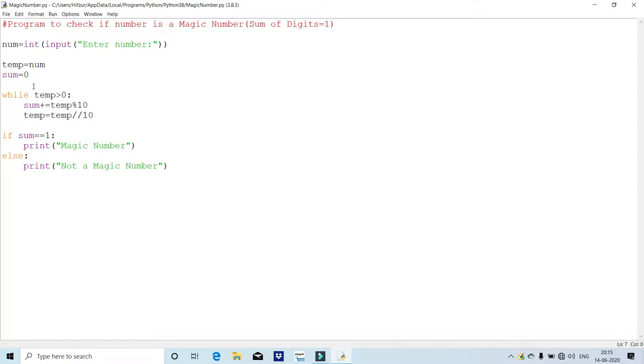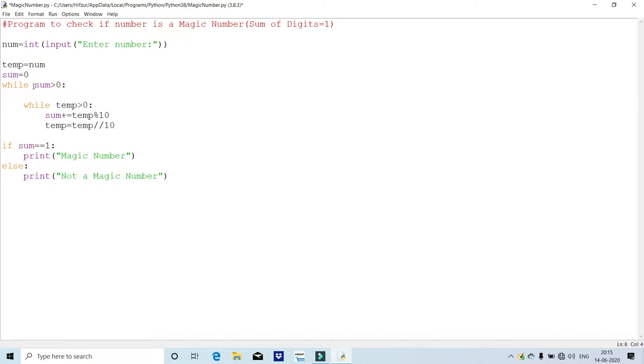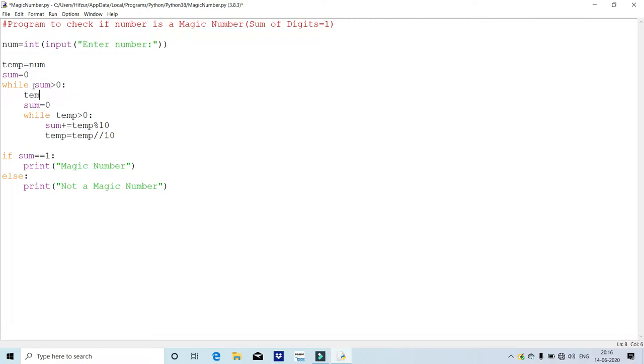so we are going to nest the loop, that is while sum is greater than 0, till then we have to do this. So after there, sum is going to be 0 and temp is going to be